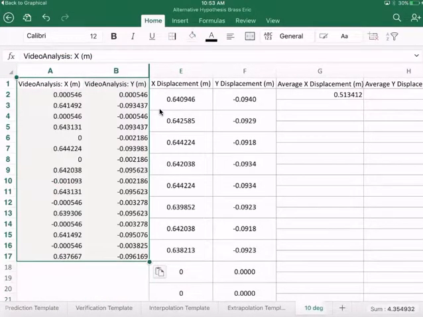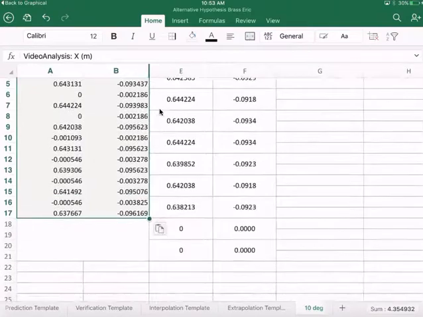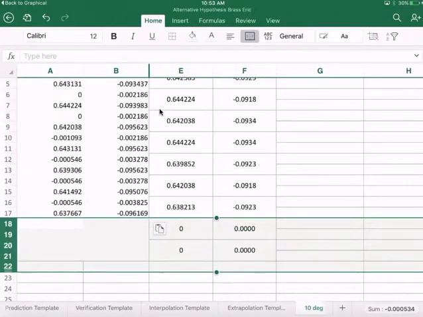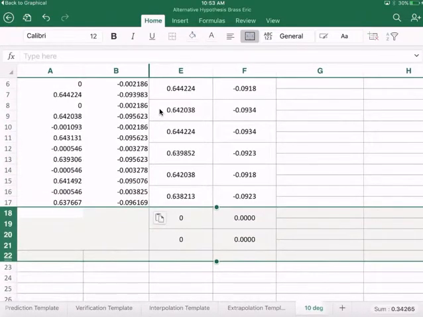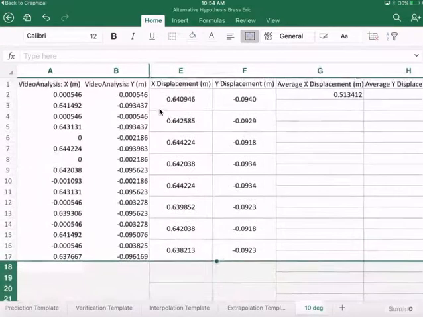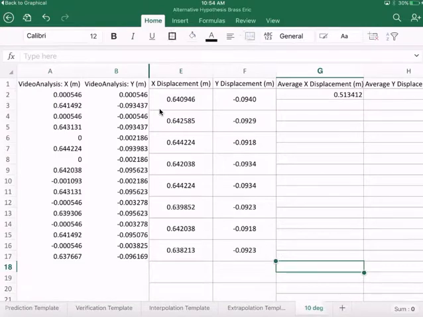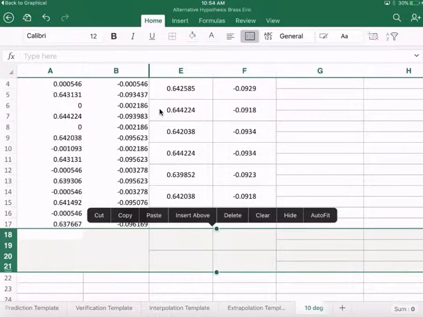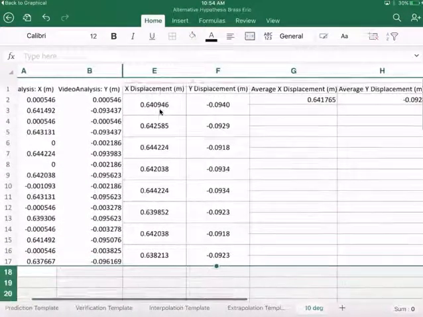Paste. And you'll notice that it doesn't cover everything, so we're just going to get rid of 18 through 21. Let's just clear the data. Our calculations didn't change. So this time I'm just going to delete. Now the